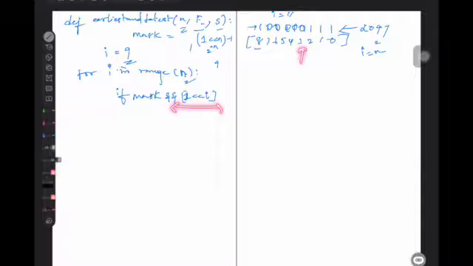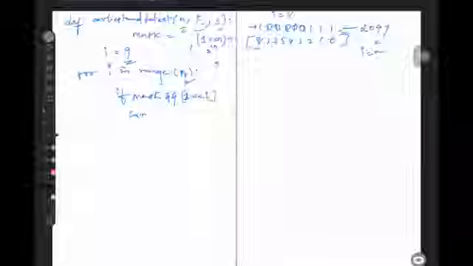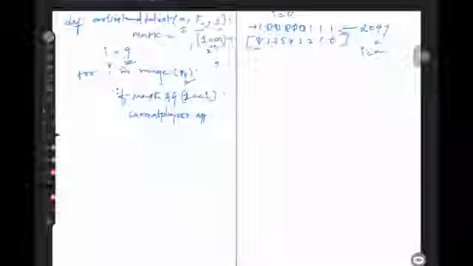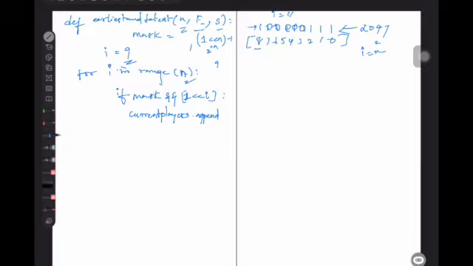So if it is set, this is not an eliminated player, so I'll be appending it to the current players dot append. Like this. I hope this makes sense how we are setting each bit.